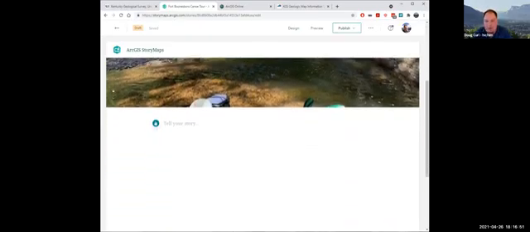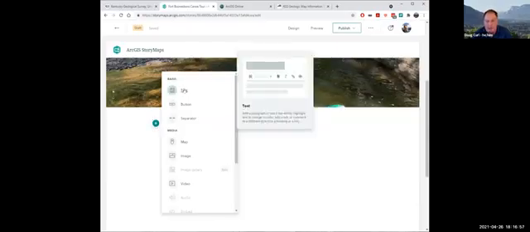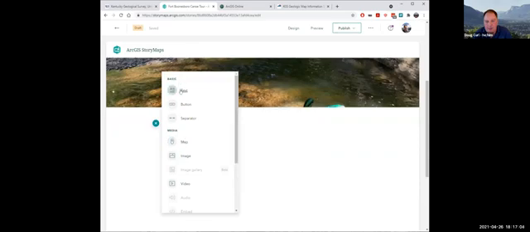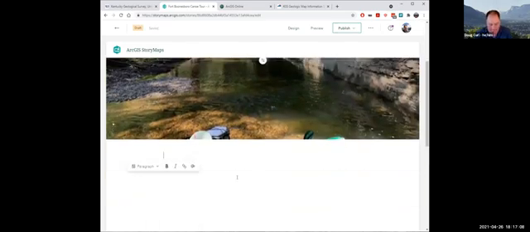And then you can just start telling your story. You have a lot of options here, but you probably want to start with some introductory text, maybe. You could also put a map. I'll just type, this is a tour of the Fort Boonesboro.